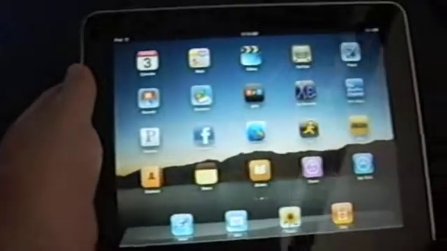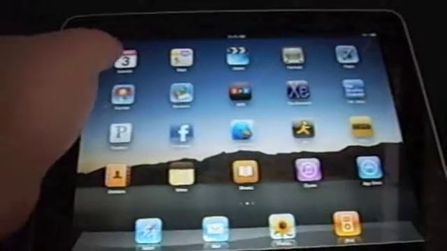Alright, so now we're going to go ahead and have a look at Pages, which is the word processing application. And you'll see that it just comes up. In this case, I was already working on a document. It says, "Hello, Mother." But I'll show you how it works. I just tap the screen. It brings up the on-screen keyboard. So if I wanted to say, "Hello, Mother," comma, let's just say, I'm sorry, I'm trying to manipulate the camera